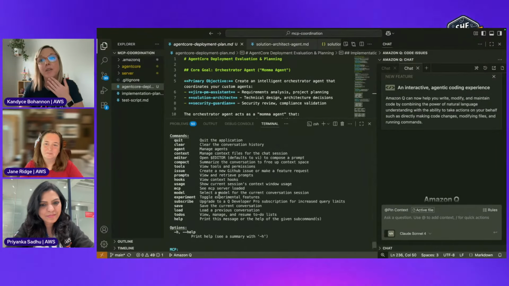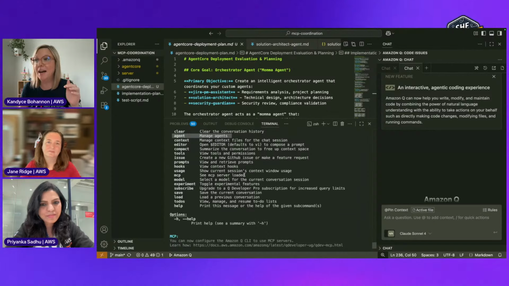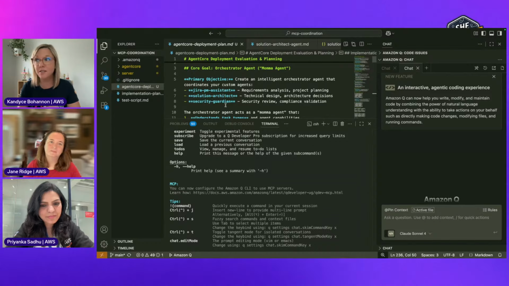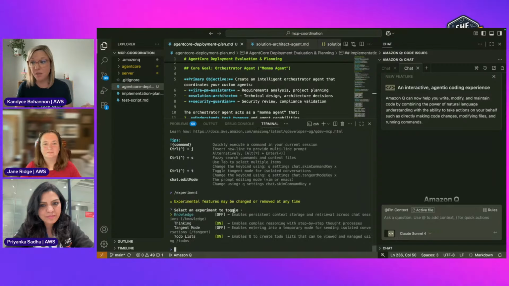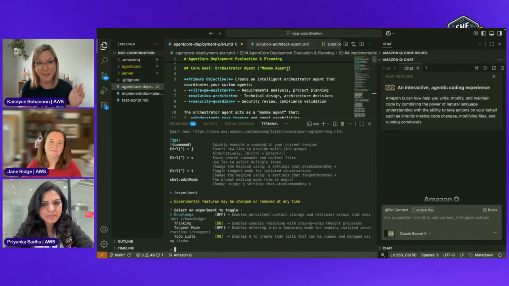Something that we came out with at the end of July is custom agents. Obsessed with custom agents. I currently have a project manager assistant, a solution architect, and a security guardian. Those are some that I've been demoing for like a month now, actually. And my goal for this week is to create an orchestrator agent, aka the mama agent, to tell everybody where they're supposed to be. And I'm using Agent Core to do that. So I'm in the middle of it right now. I'm going to show you.